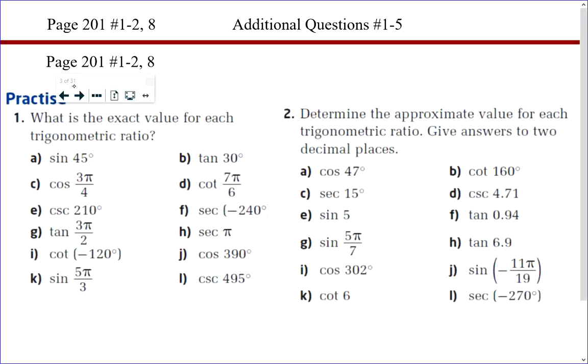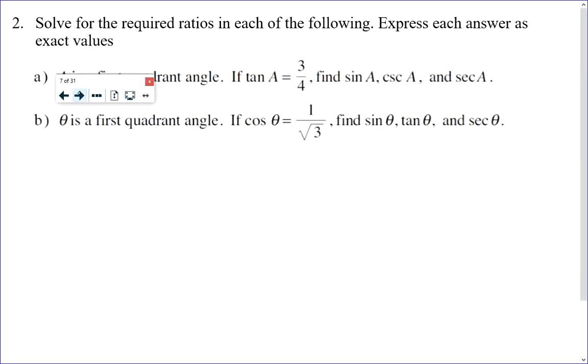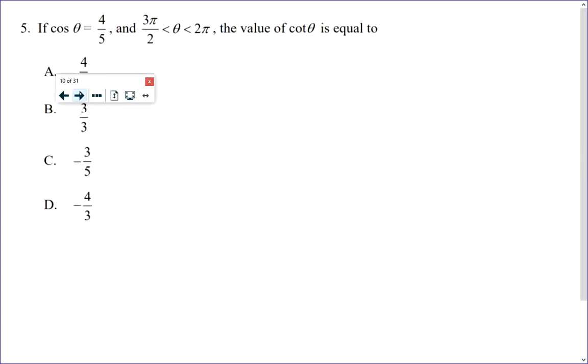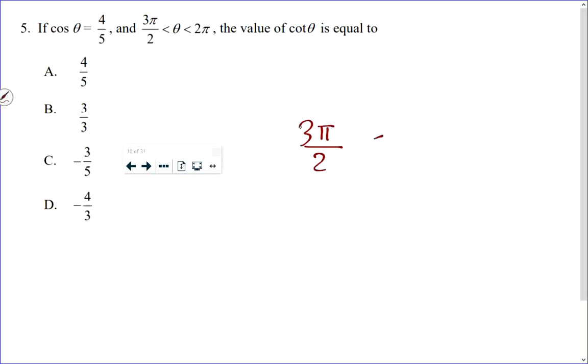Okay. Which I believe, if my memory is correct, this is a classic kind of multiple choice question on an exam. What does it mean to say that 3 pi over 2 is less than theta, which is less than 2 pi? Well, I'm going to draw this out for everybody on a number line, then we'll translate it to the coordinate grid. But on a number line, what that means is